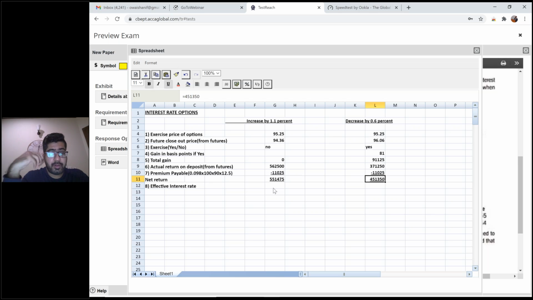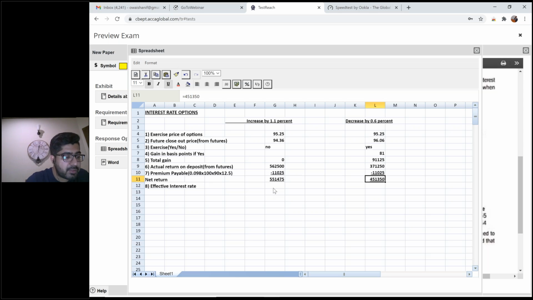Now there should be a flurry of questions, that you told us that both options always give the same answer. Okay, that's why I prolonged this topic to today's class as well. In forward exchange contract, the answers of both will definitely be same. There is no exception. In futures, the answers of increase and decrease will also be same, but in options, the answers can be same as well as different. In the first exercise price, it was same because both options were yes, yes. But here, one option is yes, one is no, as you can see. So answers can be different.